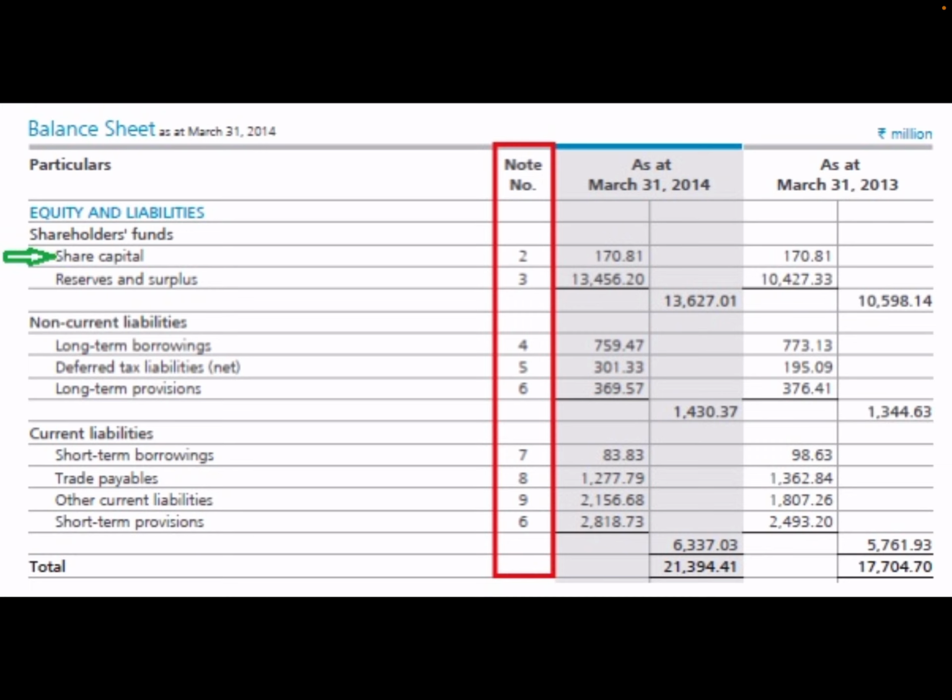Looking at the above statement, ARBL states the share capital stands at rupees 17.071 crores, that is rupees 170.81 million. As an investor, I would obviously be interested in knowing how ARBL arrived at rupees 17.081 crores as their share capital. To figure this out, one needs to look into the associated schedule, note number 2. Please look at this